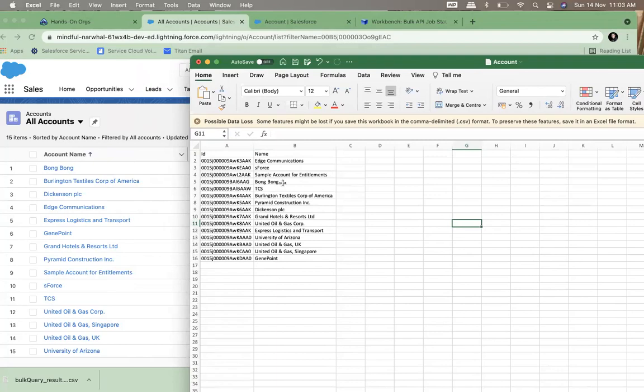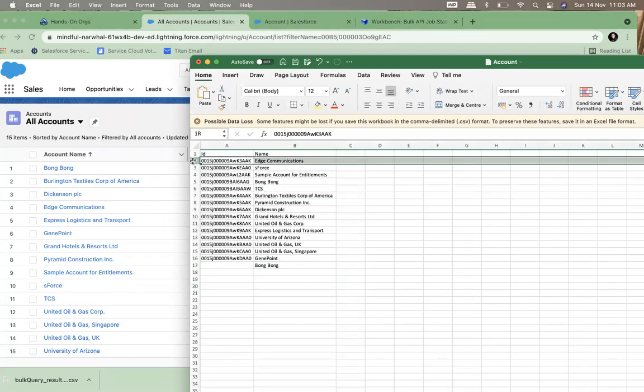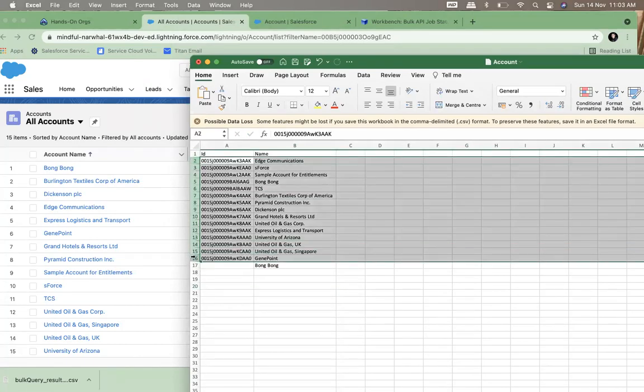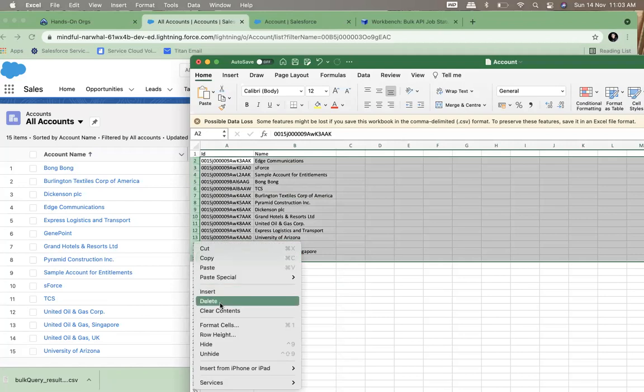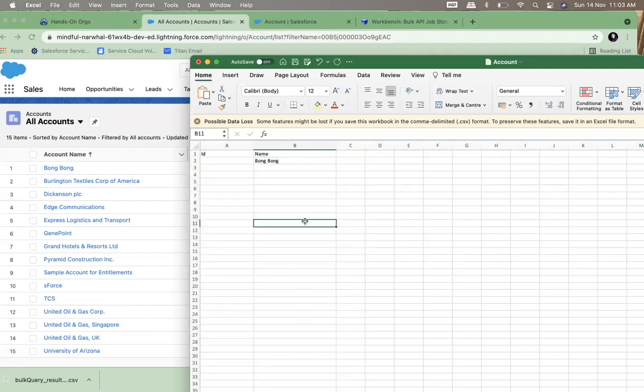Now, what are the other operations? The first operation which we have is create. If I want to create a new account, the 16th account, right? So let us create Bongbong. I have the name field in the create operation. I can remove these fields, not needed. Let's delete them. I want to create a new row, because the read operation has given us other rows, but here is the new record. I can say now Reebok is also,